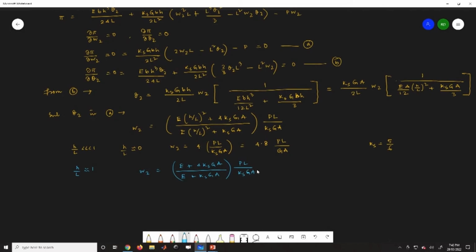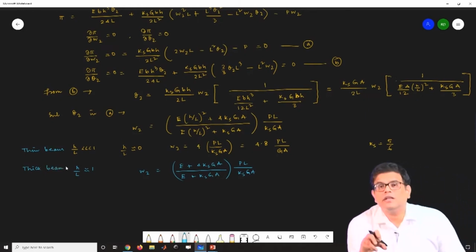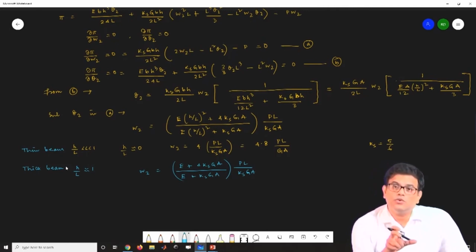So that means thin beam, so this is for thin beam, and this is for thick beam. So this is the main reason why this kind of linear interpolation we cannot use, and the strain energy, if you